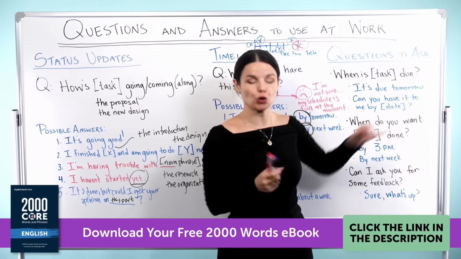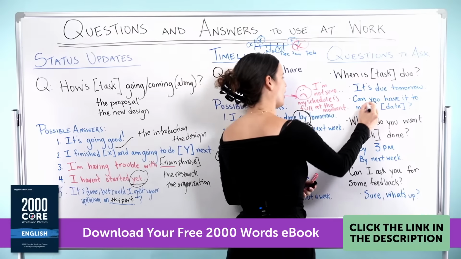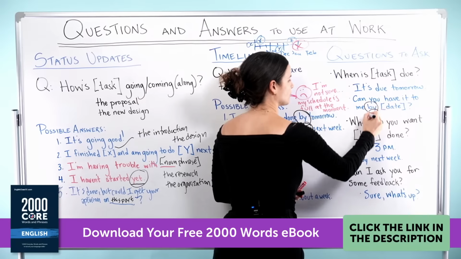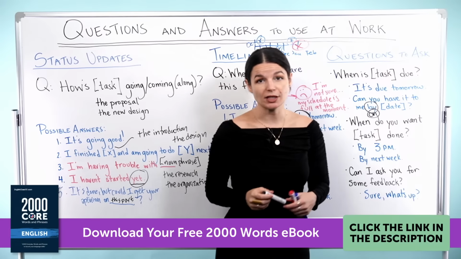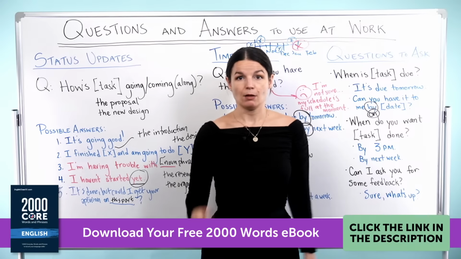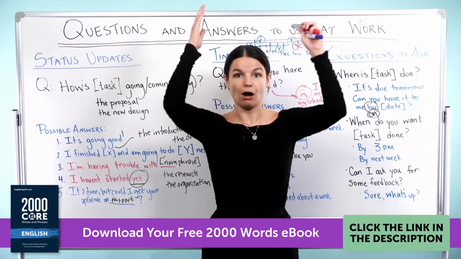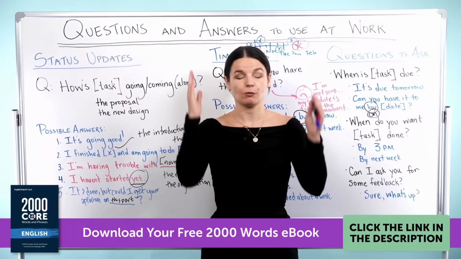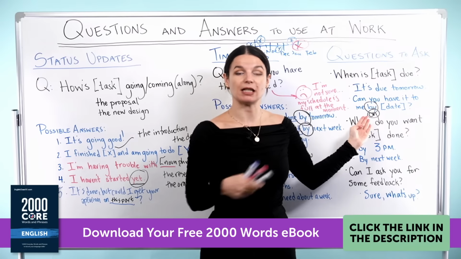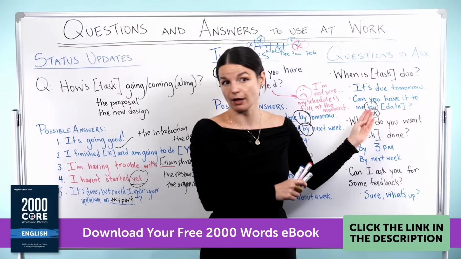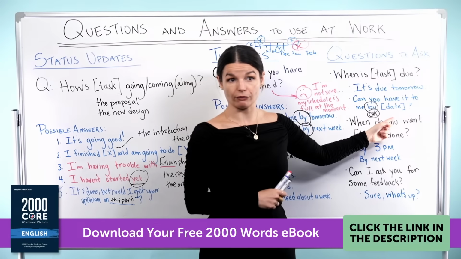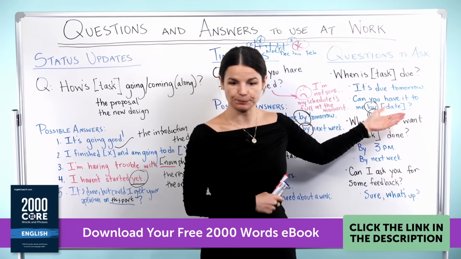Can you have it to me, again, here's our friend by, can you have it to me by the date, okay? Sometimes people might use on as well. On is also okay. Can you have it to me on Tuesday? Means I want it done Tuesday, like please. Before is probably okay, but on Tuesday, I must have it on Tuesday. Sometimes people use on to mean that. Usually they use by because it means any time before is also okay. So this is a nice polite way to say, here is a deadline, is that okay for you? Can you have it to me by date? Okay,